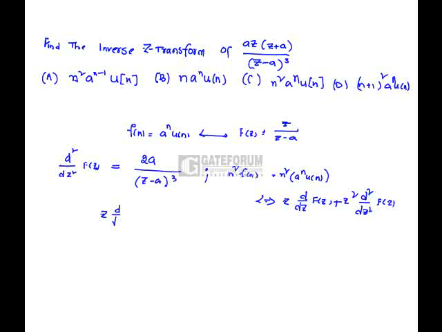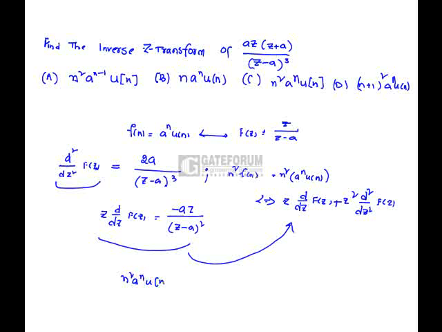Z d by dz f of z is equal to minus az by (z minus a) whole square. So by substituting these two values into this equation, we will get n square a^n u of n is equal to az (z plus a) divided by (z minus a) whole cube. Hence